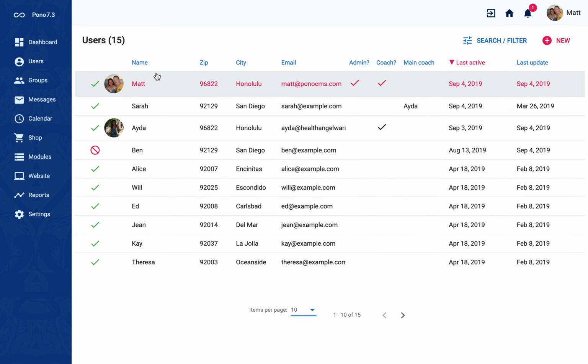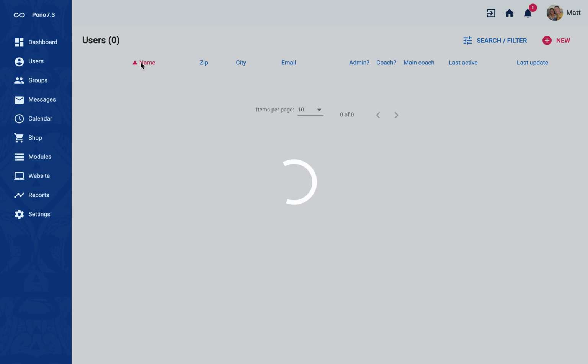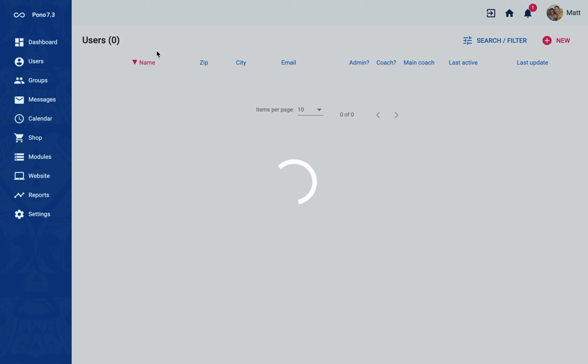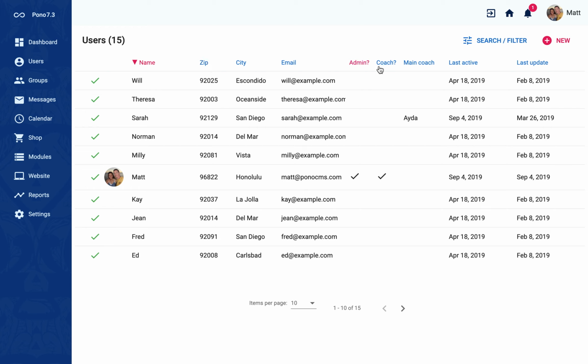Second thing, looking along the top here, you have an option to sort by any of the columns. So if I wanted to sort this list by name, I would simply click on name and it will sort it ascending from A to Z. If I click again on name, it will sort it in descending order,